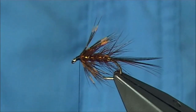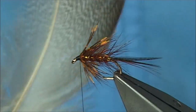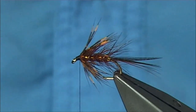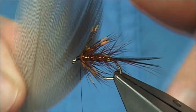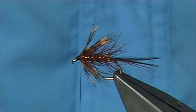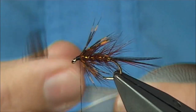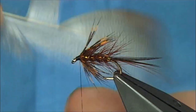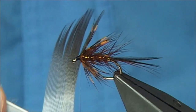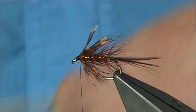Now, what I've got here is the kind of bronze mallard feathers. You get different lengths. The bigger ones usually get a bit more colour. Medium sized ones just slightly less, but still okay for this sort of fly. Now I usually like to work with 2 or 3 feathers, so if I would take the smaller one, I want this for the throat, so I would bring these out enough to form the throat, and making sure the tips are close to lined up. You can see they're there, and once they are, you just tear them away,